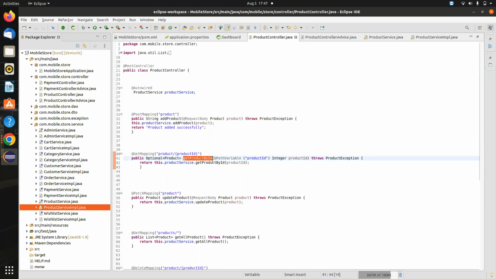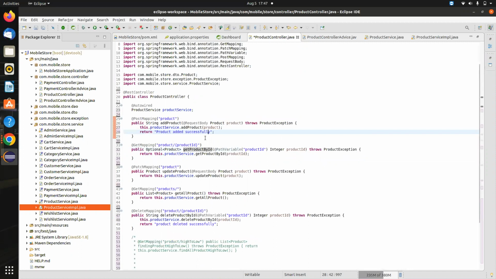But in the get product by ID, why are you returning a string? You can return the product itself, no? Press Control Shift F so that we can format your code. Now, on line number 28, you are returning a text. Instead of that, can't we return the product which we just added? Yes, sir. We can return that as well.